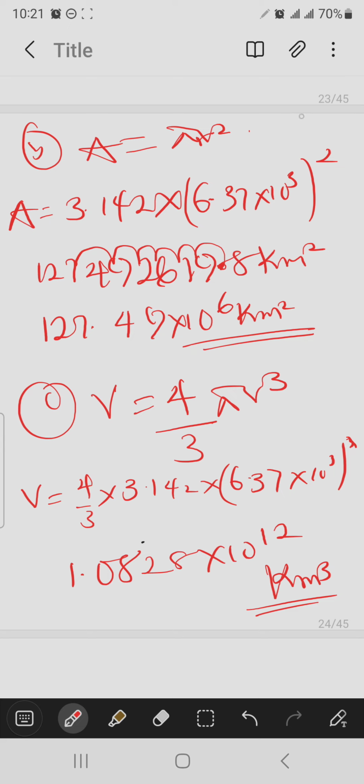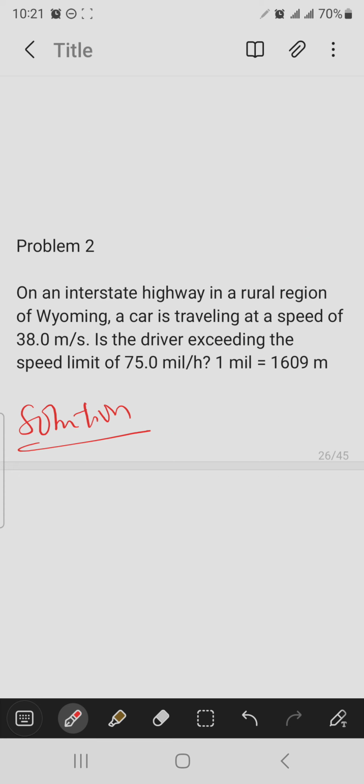And I hope you understand what I did. Let me solve another question for you. The next question states that on an interstate highway in a rural region of Wyoming, a car is traveling at a speed of 38.0 meters per second. Then, is the driver exceeding the speed limit of